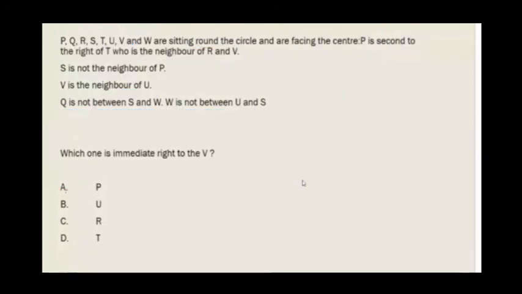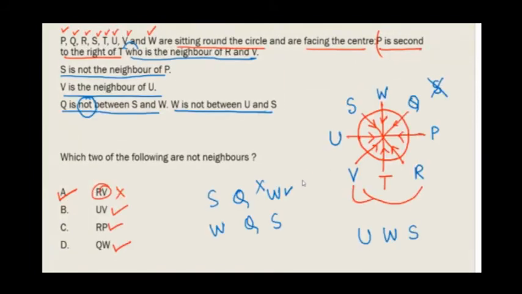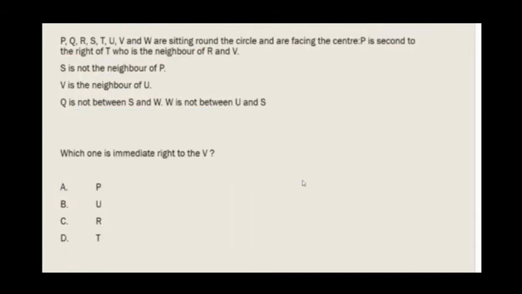Similarly, the next one, who is to the immediate right of V? Immediate right of V, we have P. It is going to be the same question. So with respect to linear and circular arrangement, you will be given a data. Based on that data, you will have at least 3 or 4 questions, most of the cases. If you are lucky enough, you will have 4. But sometimes you may have even 2 as well.